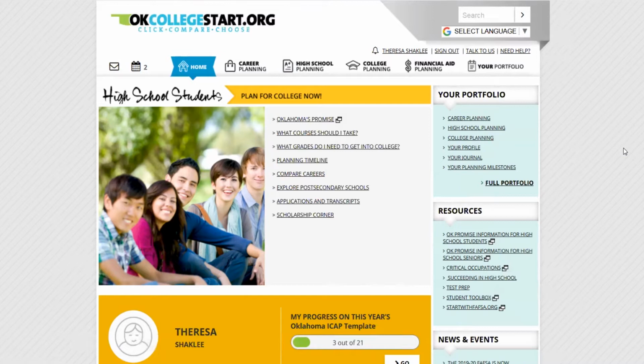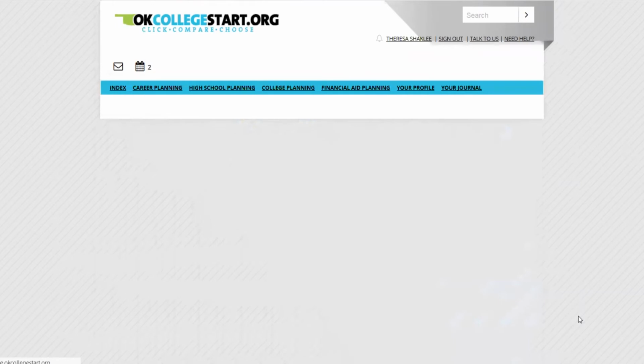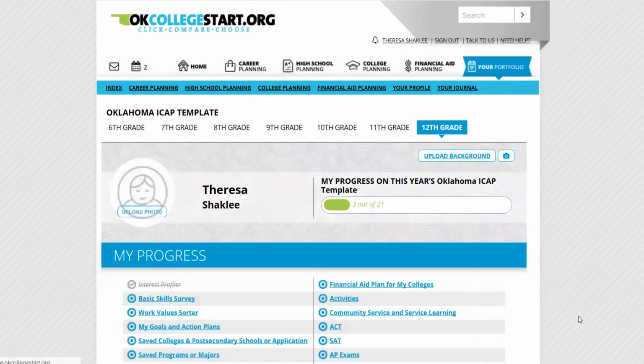ICAP progress. Students will see their ICAP progress on their homepage and can enter the ICAP feature by clicking the Go button. The ICAP feature will automatically open to the grade level the student is currently in, and students will see their progress and a list of activities required for the year. Student accounts are automatically advanced to the next grade level each summer. If a student doesn't progress as expected or progresses more quickly than expected, they can adjust their graduation year as